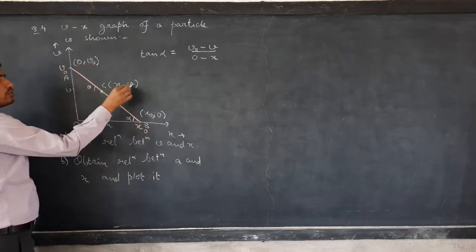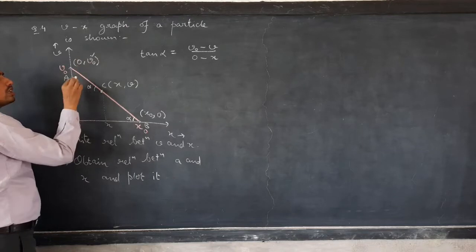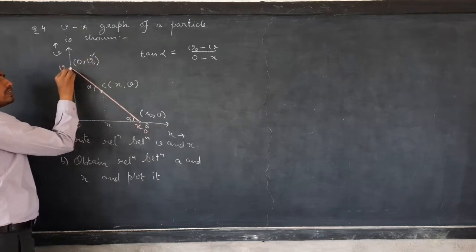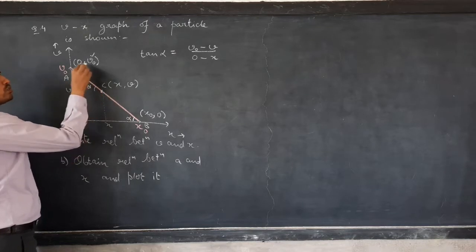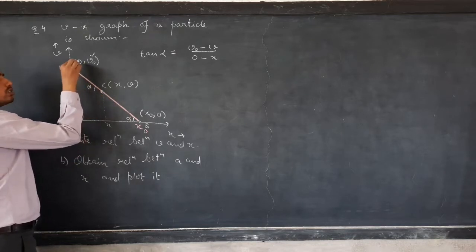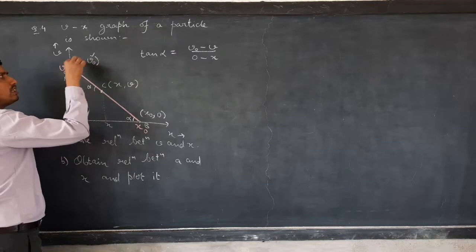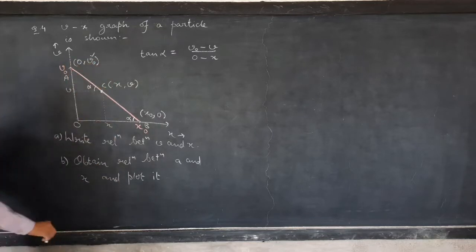See, v naught minus v: we are writing the v for point A minus the v for point C. Same thing we should do for the x coordinate, 0 minus x. So v naught minus v over 0 minus x is equal to